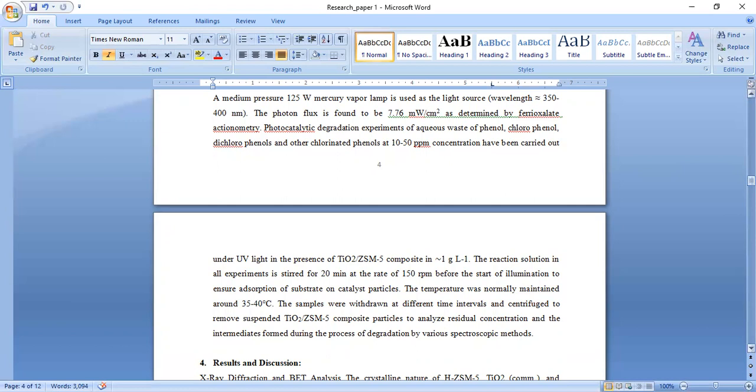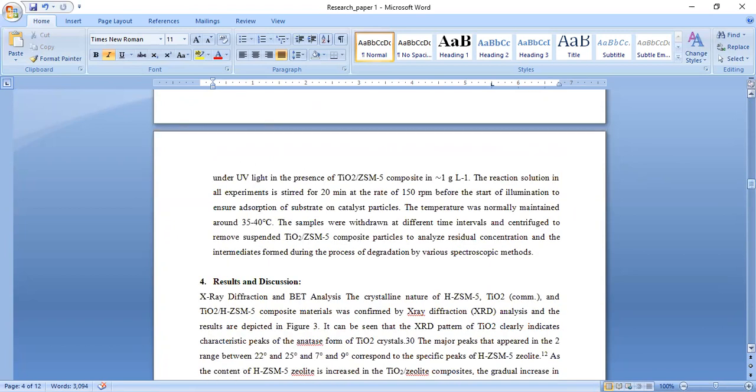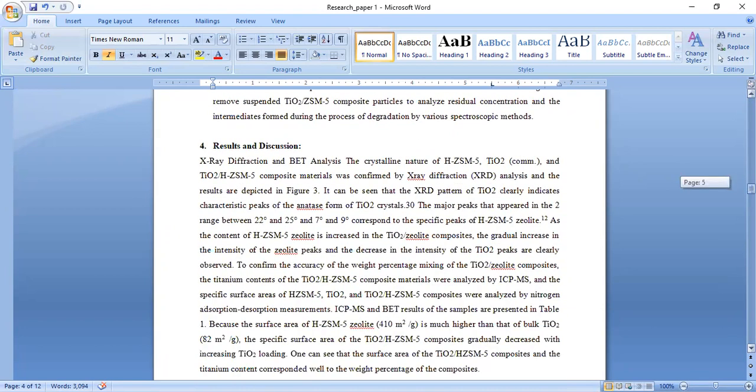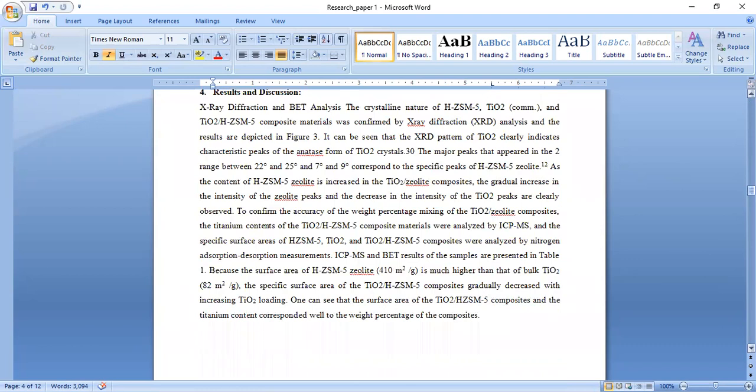So the experiments were started at different ratios with 150 rpm, and the results have been presented graphically. So below is the graph representing the results. The samples were withdrawn at different time intervals and the degradation was observed by gas chromatography. So the X-ray reflection analysis of this crystalline catalyst at different concentrations has been described in the figure below,